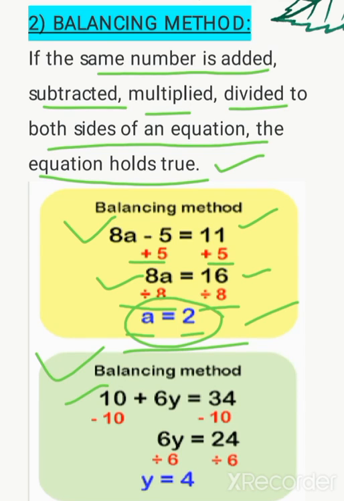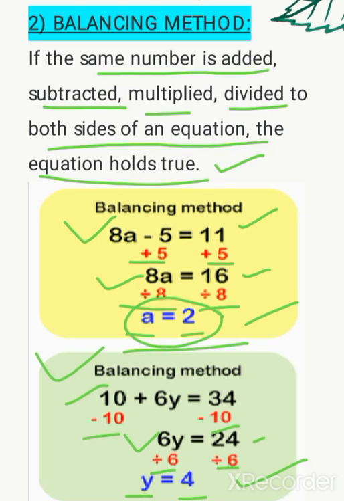10 plus 6y is equals to 34. So first of all we have to cancel out this 10. So we can subtract 10 from both the sides, and we are getting now 6y is equals to 24. Now this 6 must also be cancelled. So we will divide 6 from both the sides. So 6y divided by 6 will give us y, and 24 divided by 6 will give us 4. So this was balancing method to solve our linear equation,